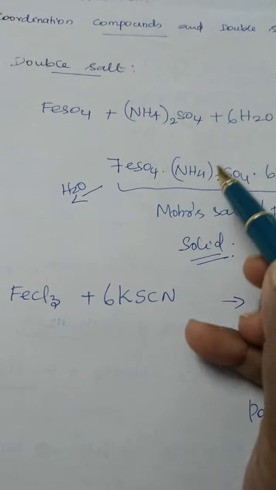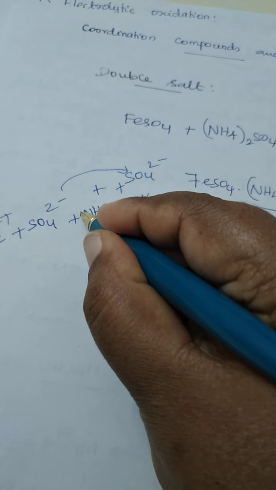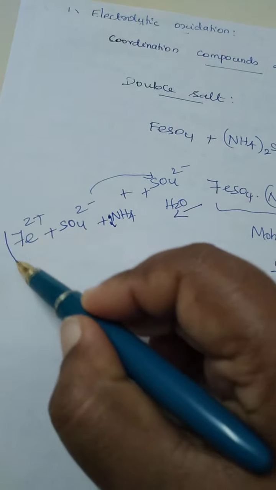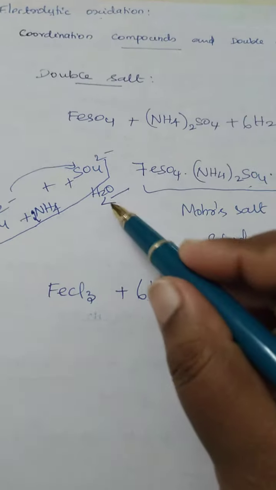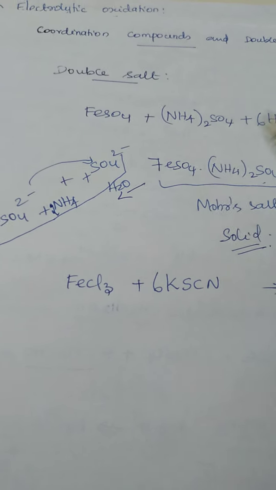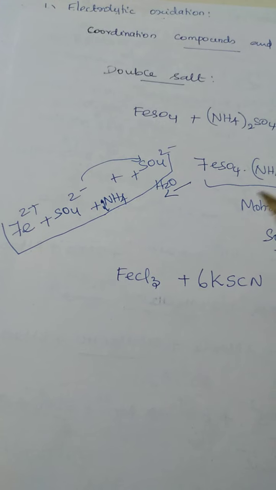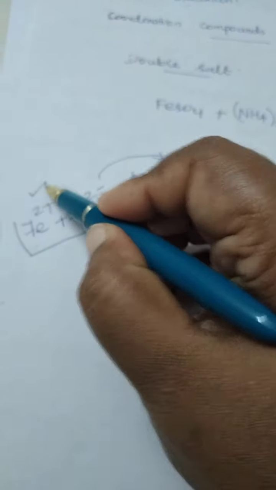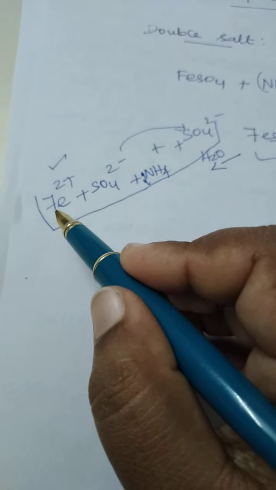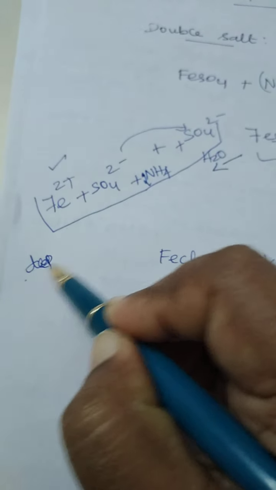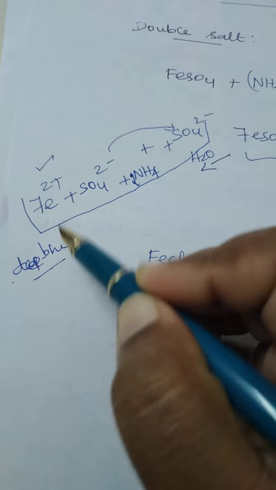So you just count how many SO4 are here: 1 plus 1, 2 SO4. How many ions are there? Ferrous is there, 1 Fe2+, plus ammonium, there are 2 ammonium, so I can write 2 before this, 2 NH4+. So these are the 4 ions obtained. They added water to the Mohr's salt, and after adding the water, they started testing the ions present in that solution. When they started testing for iron, you know what the test for iron is? For ferrous Fe2+, when you add potassium ferrocyanide, you will get a deep blue color. So the deep blue color shows the presence of ferrous.